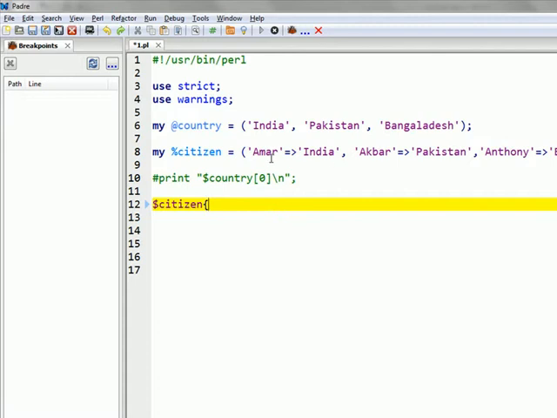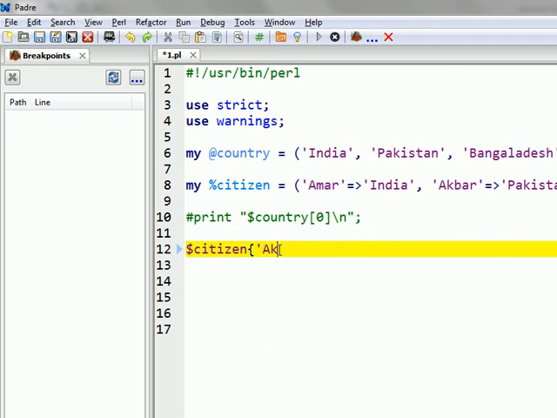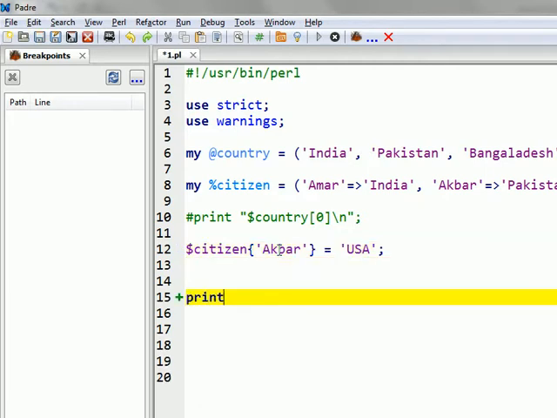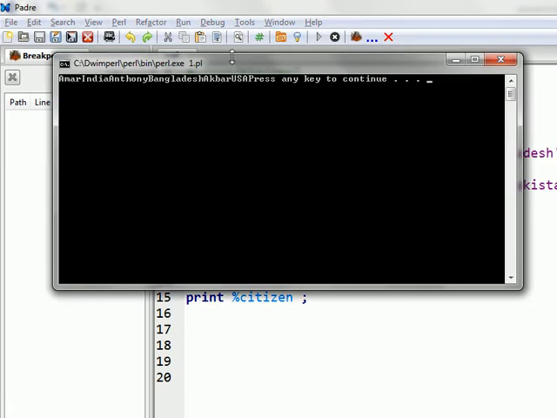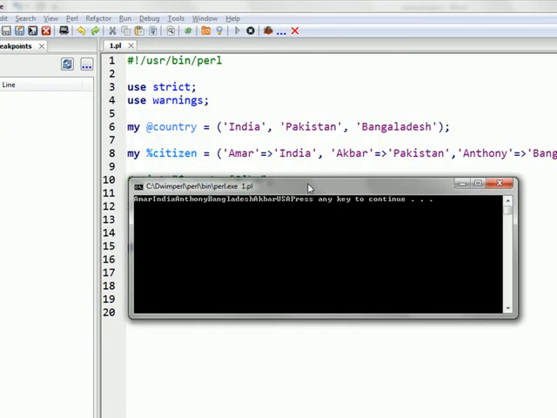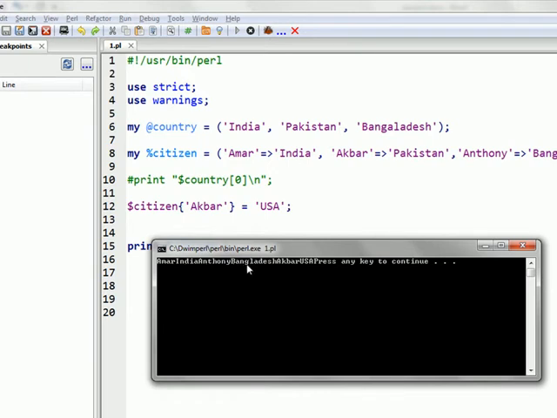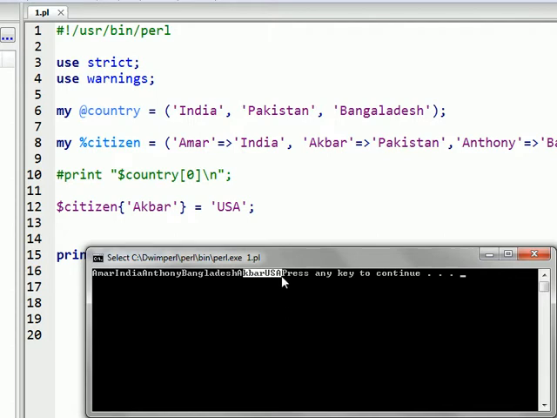If I use the same key, for example Akbar here, and give the value USA, then print percentage citizen, you see Amar is linked with India, Anthony is linked with Bangladesh, and Akbar has been linked with USA.